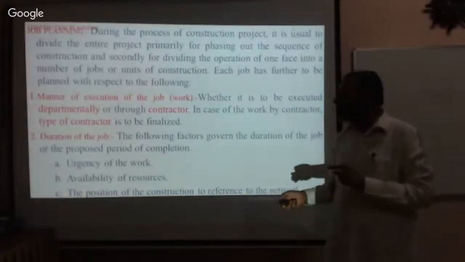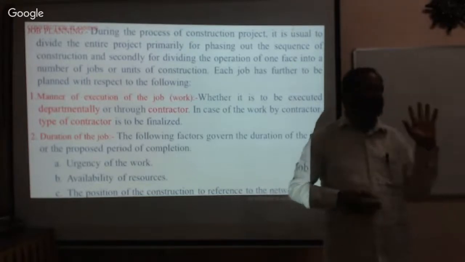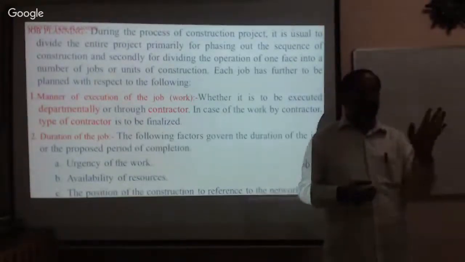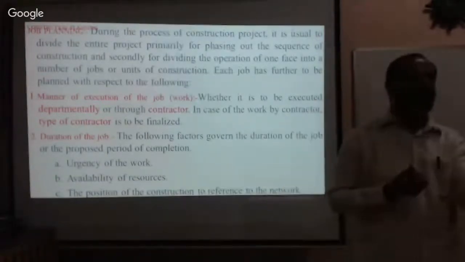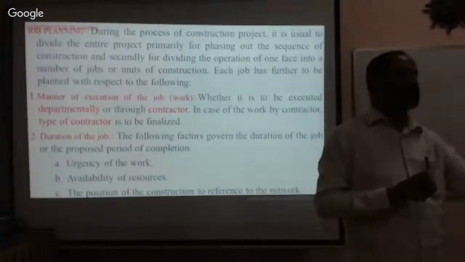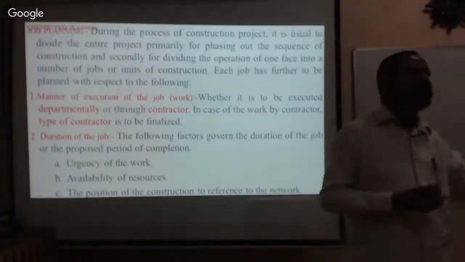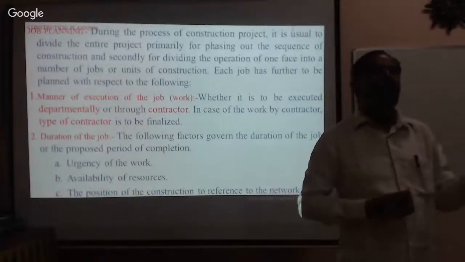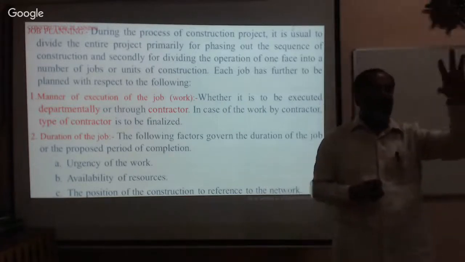Now let us understand what I am concentrating on. Who is going to execute the project? One is the department. Departmentally, I am the engineer. For maintenance of small works like 2,000, 5,000, 1,000, I can do it. I can execute it, call somebody, get the work done and pay him. Suppose you want to build a project like a polytechnic building.